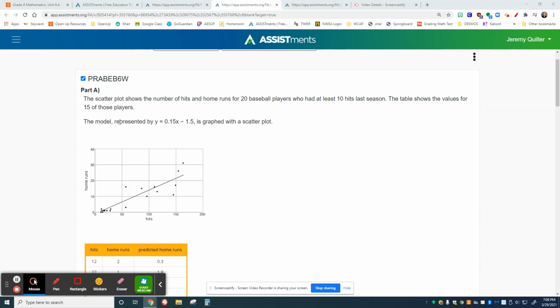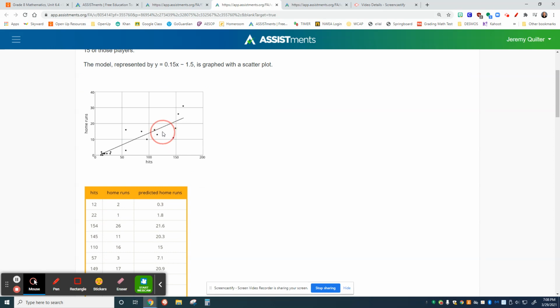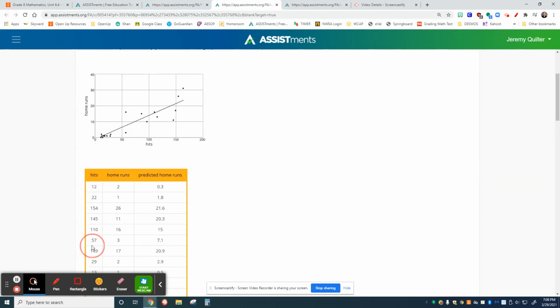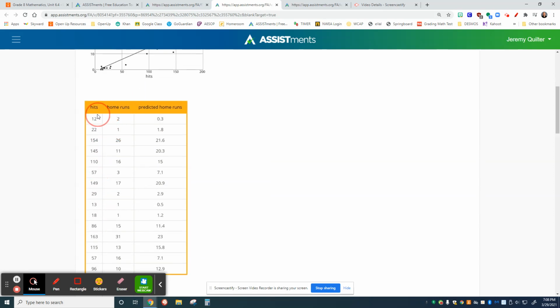So you have the model, first thing, that's represented with the equation y is equal to 15 hundredths times x minus 1 5/10. Of course, that model represents this line that's drawn right along here, and then that line is our linear model. And then that value is given for all these different hits here. In the first column, the home runs that correspond with that person's hits and the predicted number of home runs